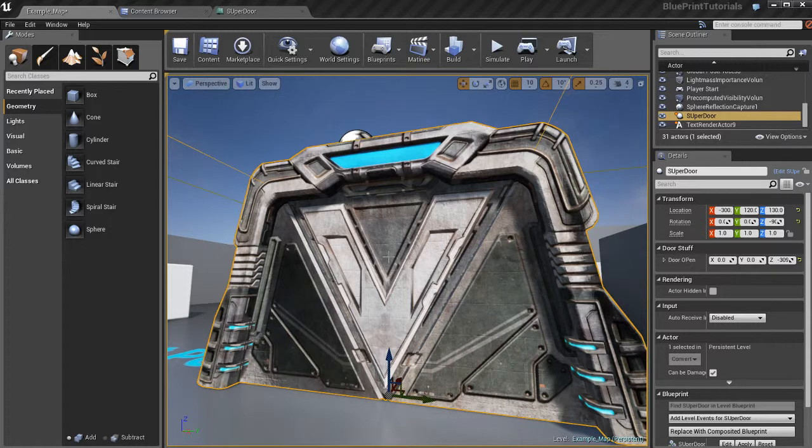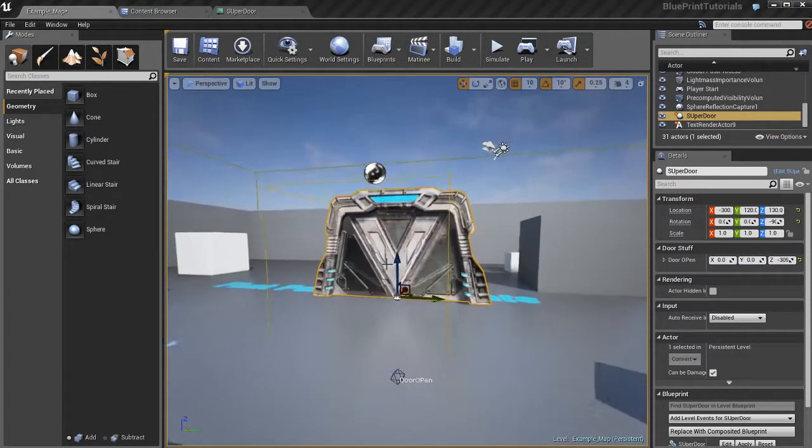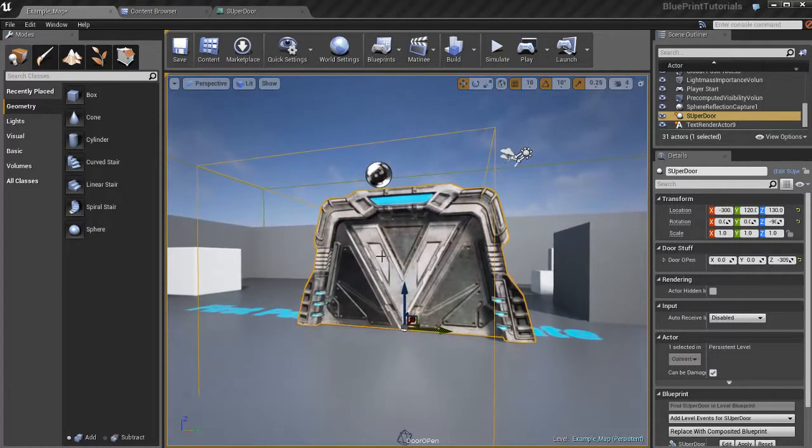So the way we would do steam with Unreal 4 is through a particle system. In this video I'm going to show you how we can add a particle system to this door and how we can turn it on and off when we want it to. We'll have it turn on when the door is getting ready to open, and then turn off a moment afterwards, because we don't want the steam to keep going as the player